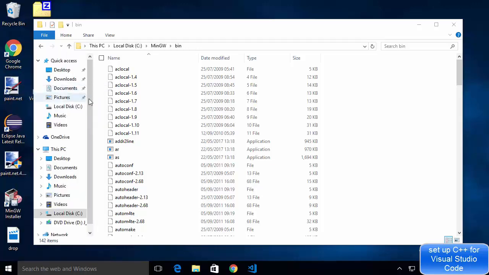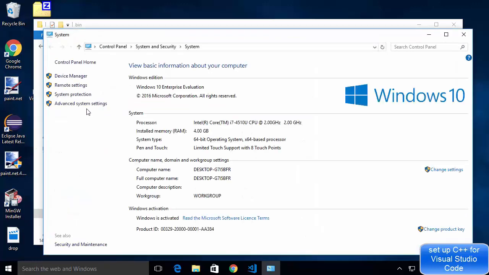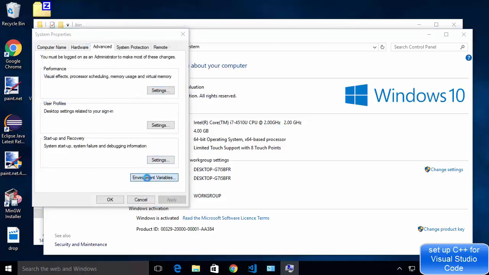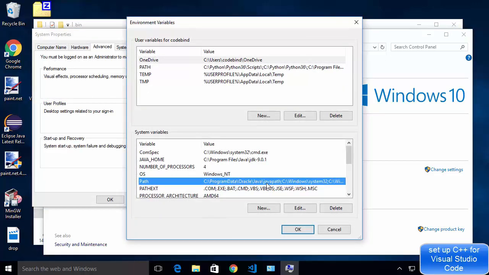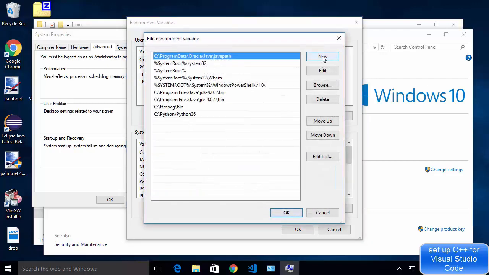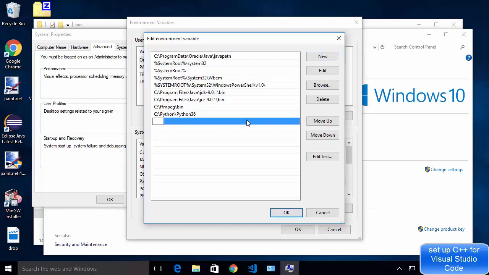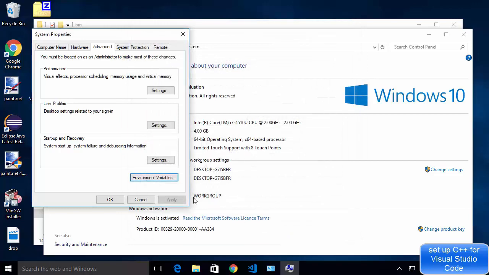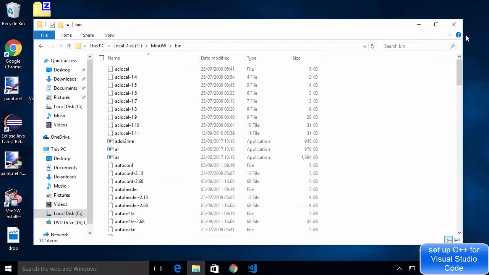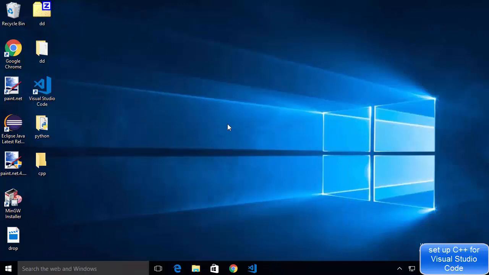So just click on system here, and once this system window opens, you just need to go to advanced system settings and then environment variables, and then just choose the path environment variable in system variables, and then either double click on it or just click edit, and then we are going to add a new variable and then just paste this path, which is c:\MinGW\bin, right? And I'm going to just click OK and then OK and then OK, and I'm going to close this window and then I'm going to minimize this folder also.